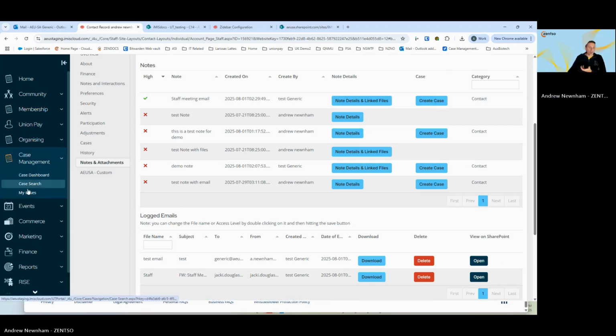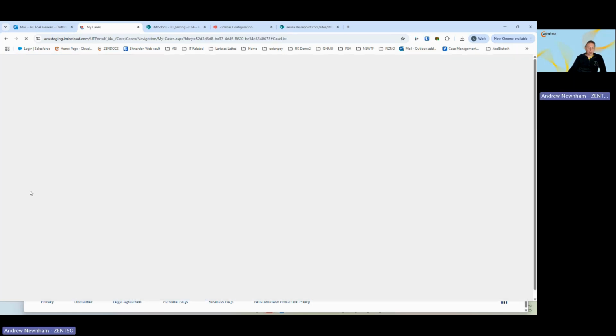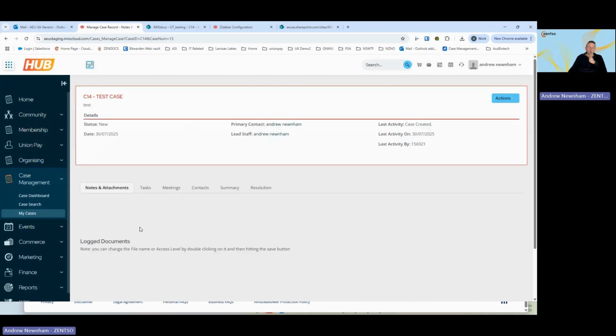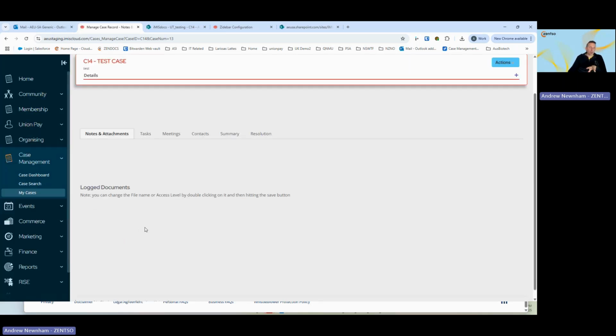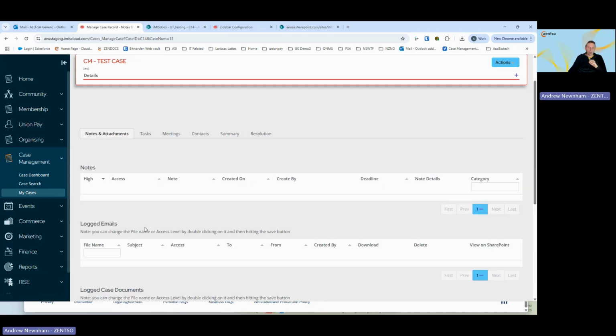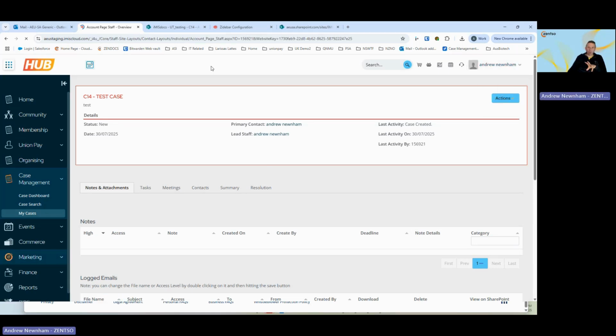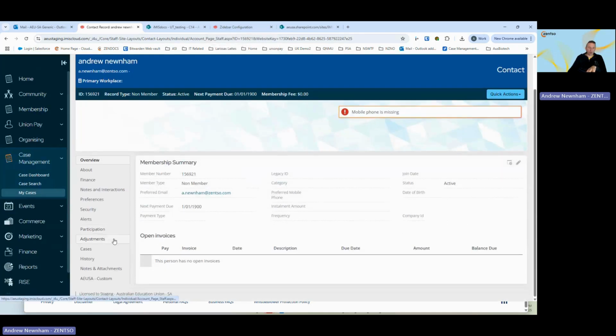If I go back to my account, I'm going to also show you how configurable Zidebar is. So let's go back to the notes and attachments page, and you can see that the notes section has a cases option to create case. If I'm not using the create case option, in order to disable that, I just have to come into the Zidebar configuration table. Select there's a configuration option that says cases enabled. If I select that and I edit that and change that to no,